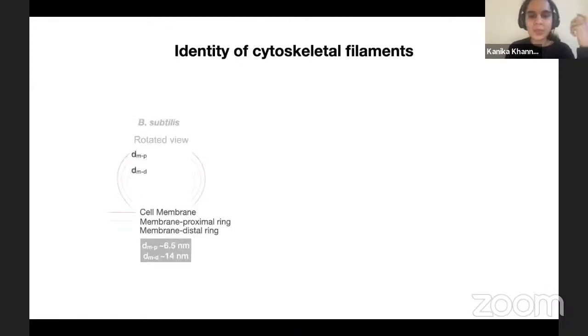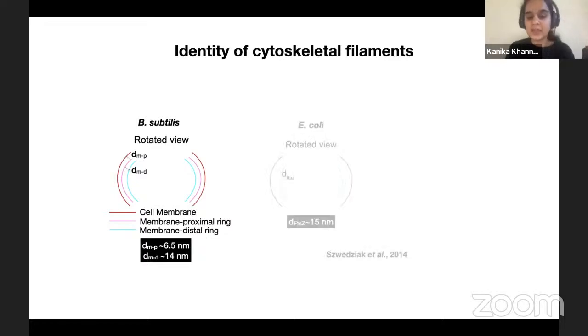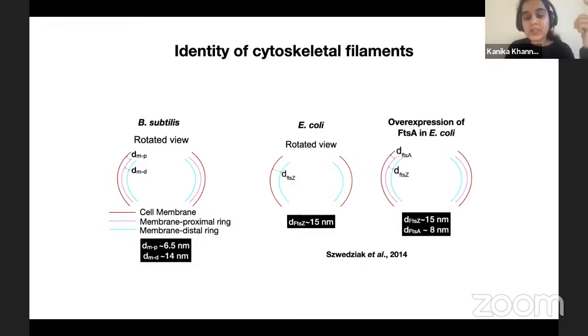So next we wanted to know what are these cytoskeletal filaments, because in B. subtilis, what we see is a membrane-proximal ring at a distance of 6.5 nanometer and a membrane-distal ring at a distance of 14 nanometer. Versus in E. coli, previously they've only seen one ring at a distance of around 50 nanometer, which corresponds to FtsZ. But another interesting thing is that